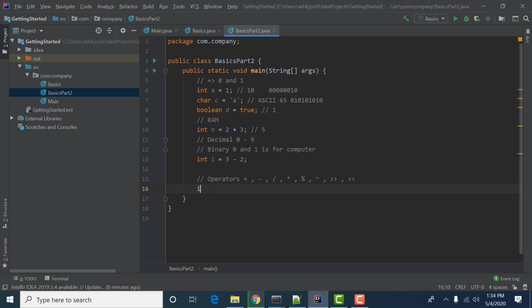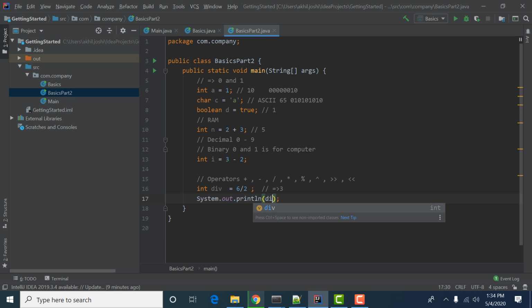For example, if we have to divide 6 by 2, this value comes out to be 3. This is the value of the quotient. If I have to display it, as we have discussed, I have to do this.